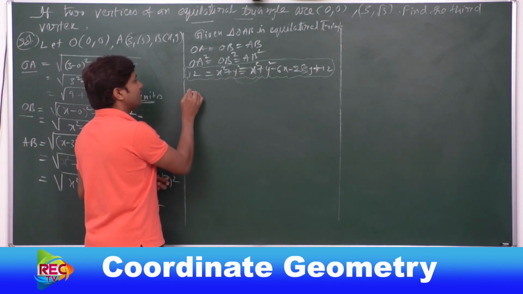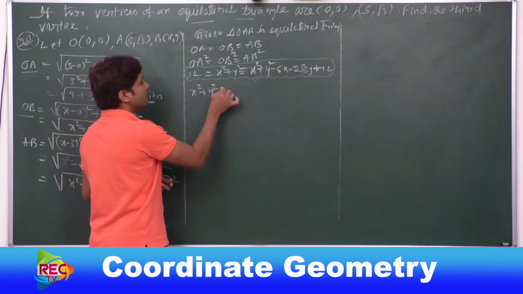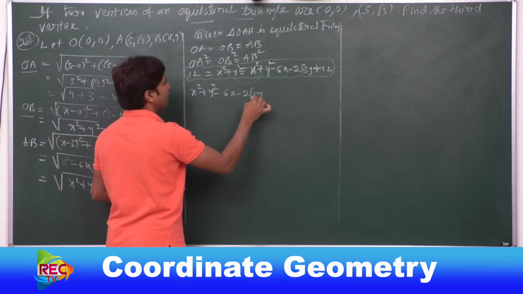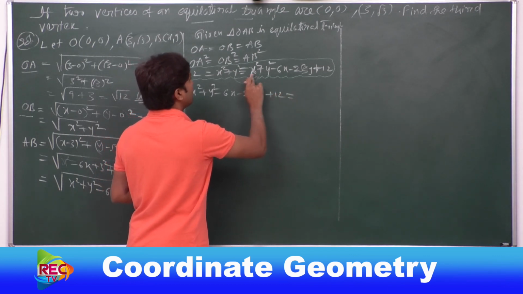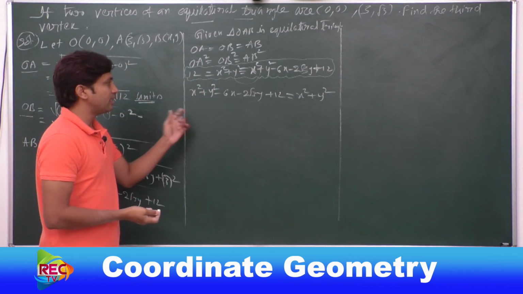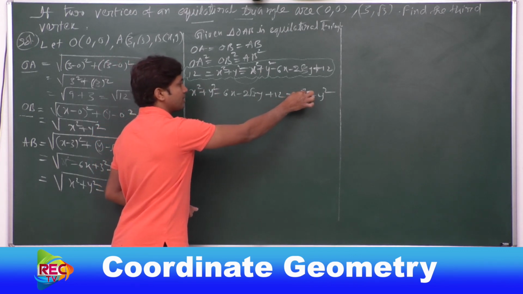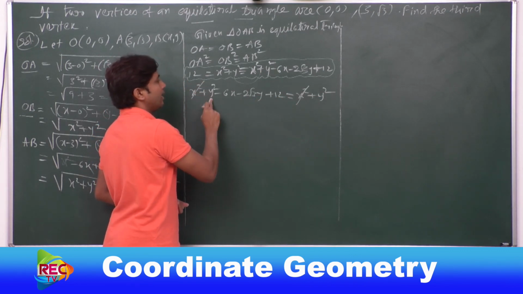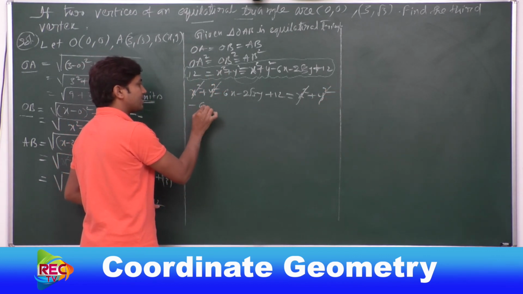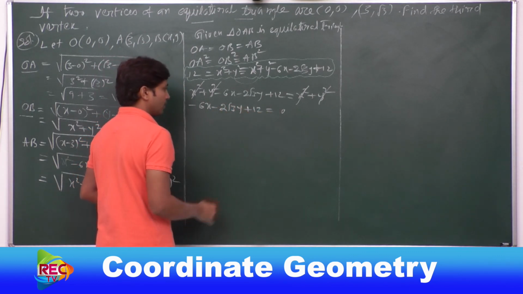Okay, so what is that? I'll write here x square plus y square minus 6x minus 2 root 3 y plus 12 equal to what? This x square plus y square. Okay, now we have similar terms on both sides of the equation with the same sign. Here x square is there and here also x square is there with plus symbol, so we can cancel. And here also we can cancel the y square term similarly. So what is left over? Here minus 6x minus 2 root 3 y plus 12 equal to 0.